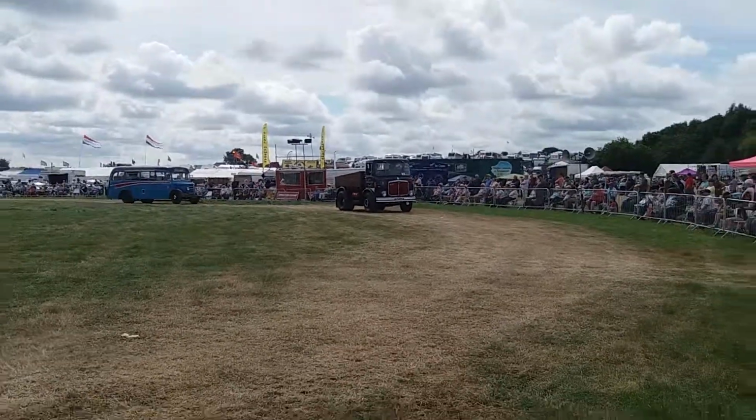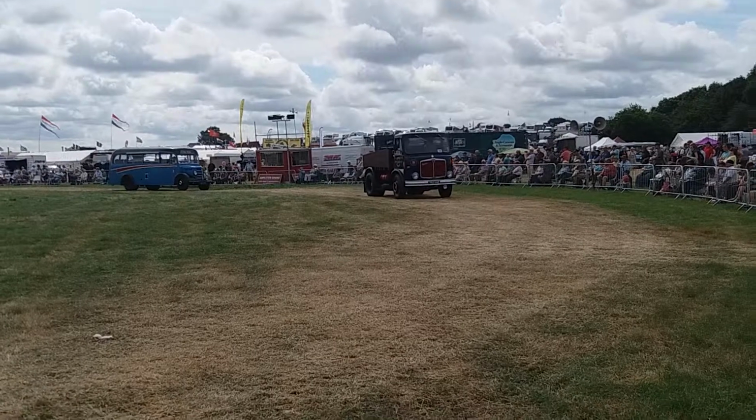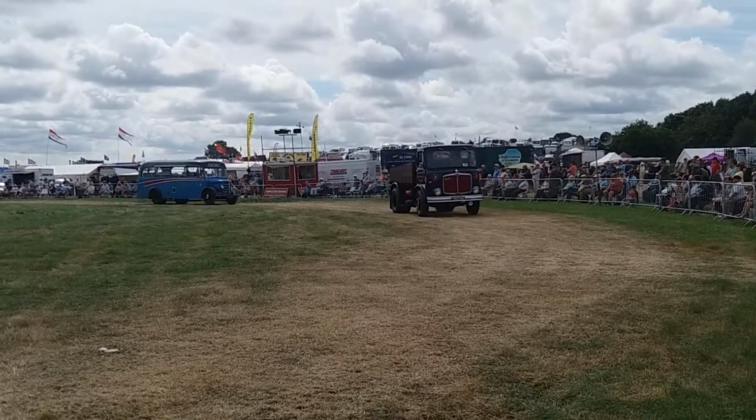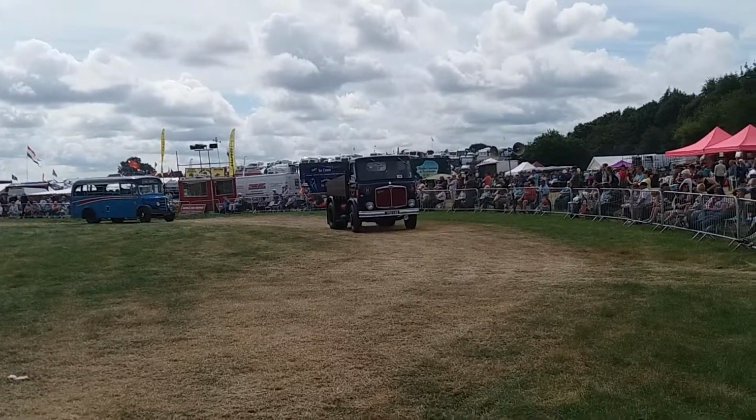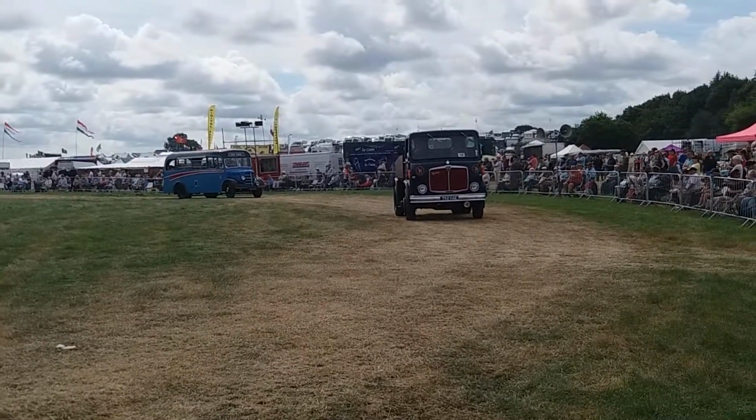Now here's one that could catch us out. It looks like an OB, but it's not. It's a Bedford WTB coach. A little bit smaller, is it? I think it is, yeah. It's got a party of sightseers there being driven around the arena,